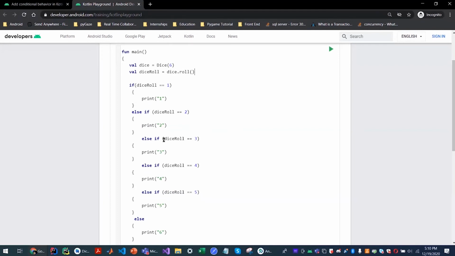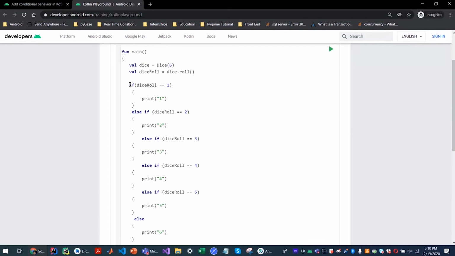So here, when the program checked if dice roll is equal to 3, and it was, it gives out the value true. So this checking operation always returns a value, true or false. Since in this case it was true, this was executed. And that happens with all these conditionals as well.